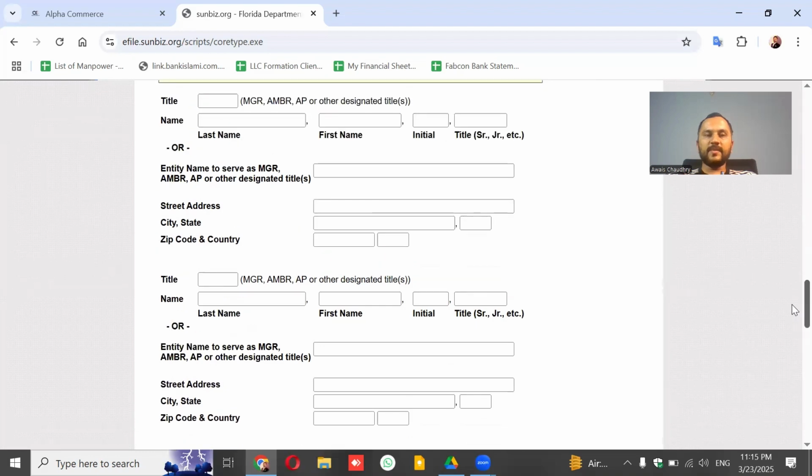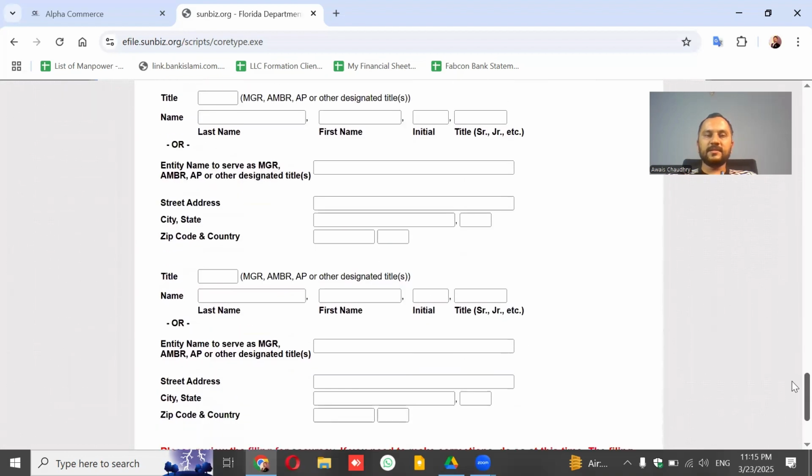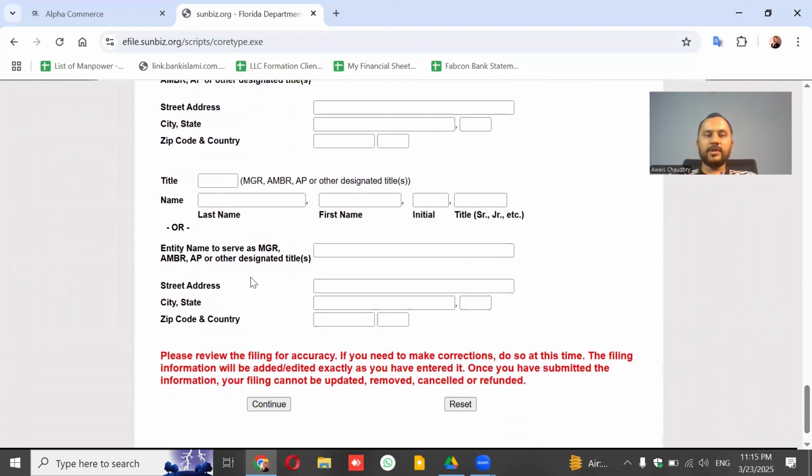And if there are multiple members, then you will be filling in all the details for each of the members. And after filling all the details, this was the last thing you have to put, and after that you will be clicking continue. And after clicking continue, they will be asking you to provide payment details.